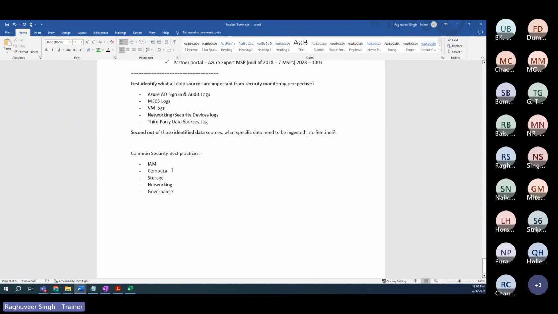Similarly, for compute security best practices, identify what specific data you need to collect. For storage accounts, configure diagnostics and send it to storage logs. For networking security best practices, you should use network security groups, follow the principle of segmentation, and collocate resources of similar nature into a specific segment. You make use of Azure Firewall, follow the principle of defense in depth,